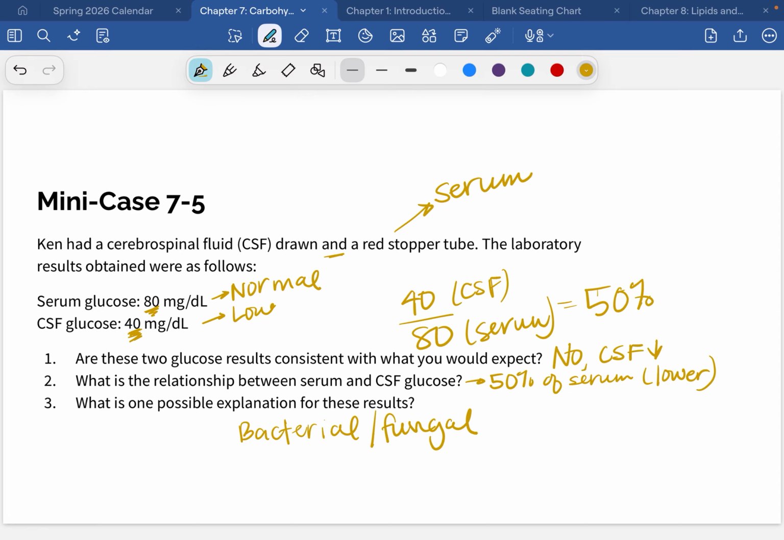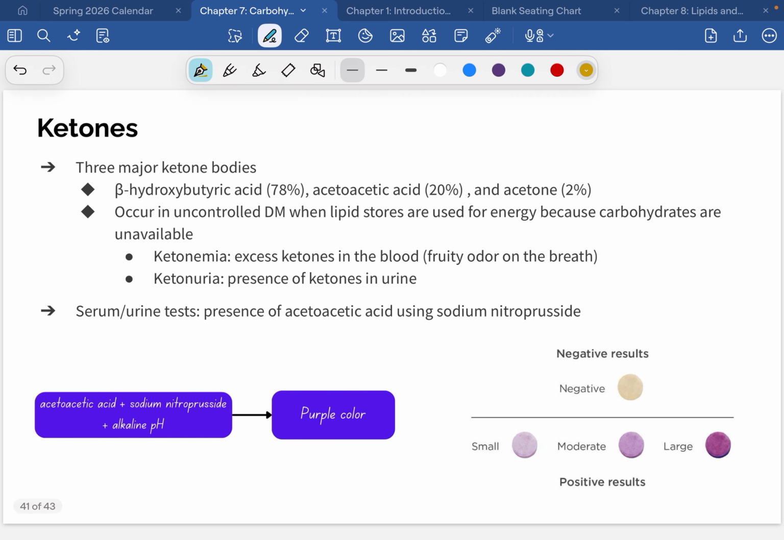All right, and then we're going to talk about two more things that can be useful when we're talking about carbohydrate metabolism and testing for carbohydrate metabolism. And then we'll be done. So the first one is ketones. What ketones are